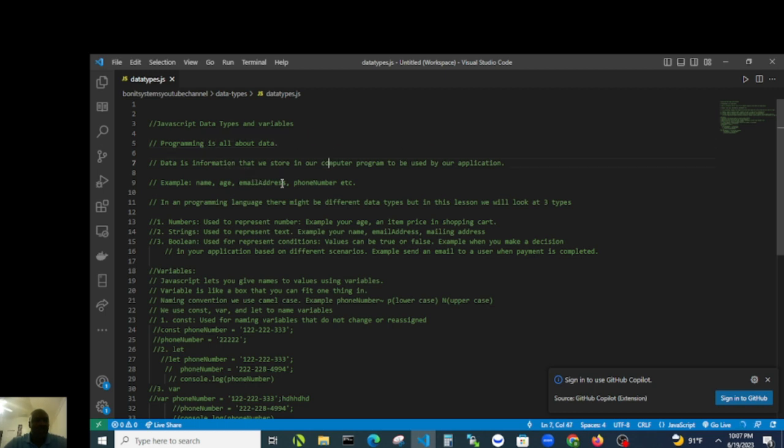Programming is all about data, and data is information that we store in our computer program to be used by our application. An example of the data we might need when collecting users' information is name, age, email address, phone number, etc. In any programming language,